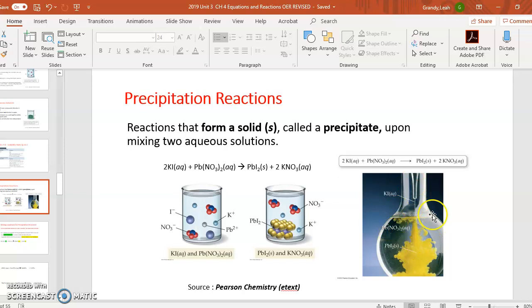So this is nice to show you what's happening in the lab, and this is more of that model type diagram. So we've got potassium iodide and lead-2 nitrate here coming together, and then when they come together in solution, notice what happens. We've got rearranging going on here, and potassium nitrate is then still floating around as the two separate ions, and then the lead-2 iodide forms, and there it is. So basically a precipitation reaction is when we have a solid called a precipitate after mixing two aqueous ones,